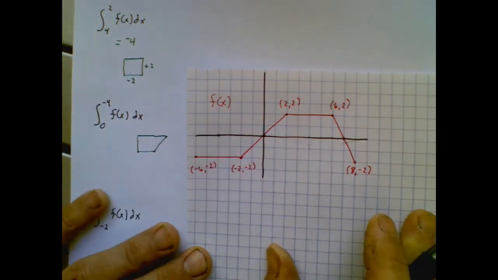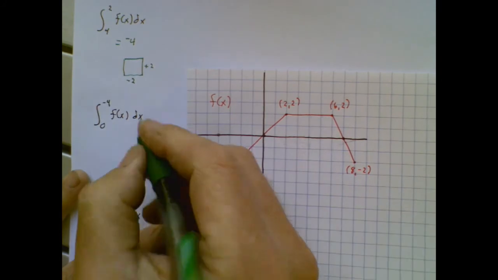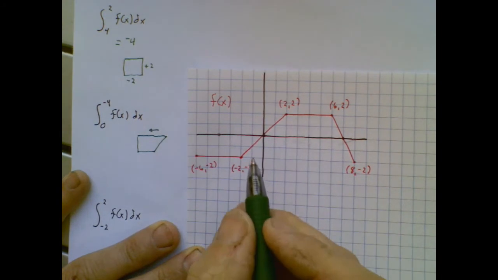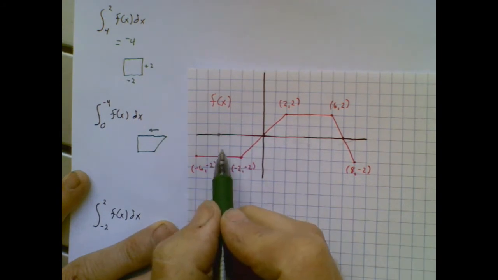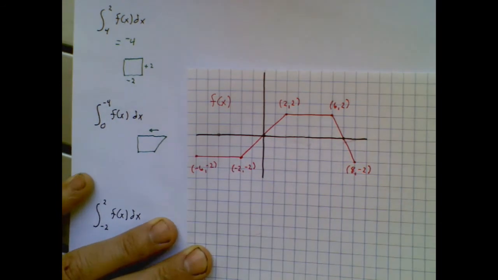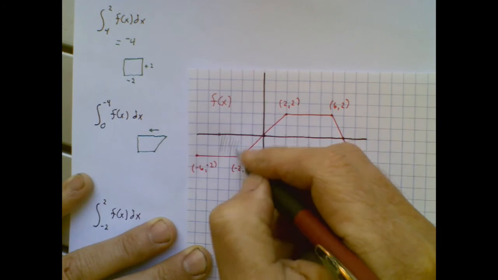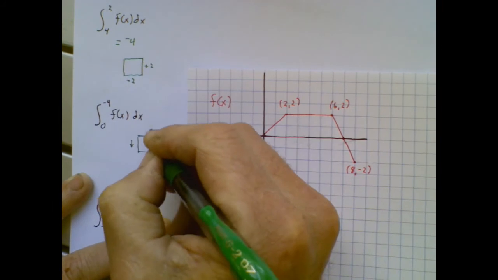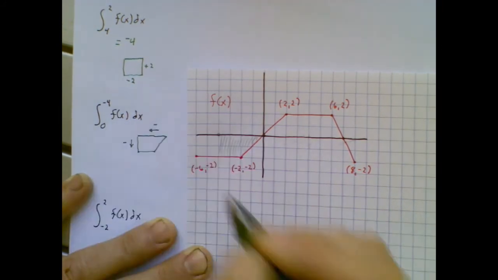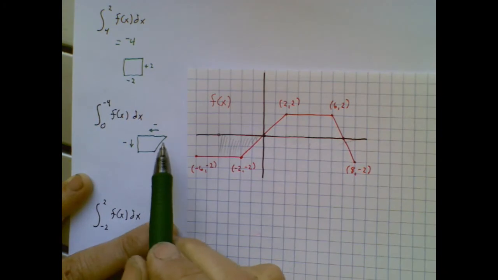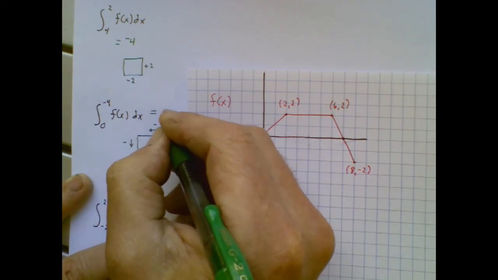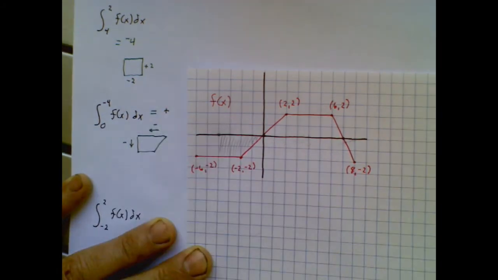Your friend, the trapezoid. Now, as I'm traveling from 0 to -4, I realize I'm traveling in a negative direction, but also the region that I'm trapping between the function and the x-axis is in negative territory. So I kind of think of it as this is negative and that's negative. So you know from 6th grade that a negative times a negative is a positive. So I know my final answer is going to be positive, and I can either count the squares, 1, 2,